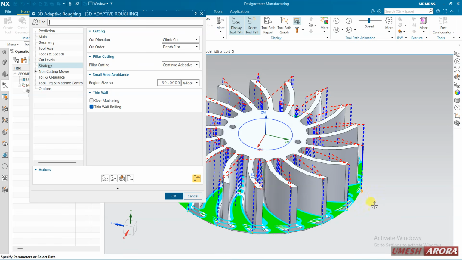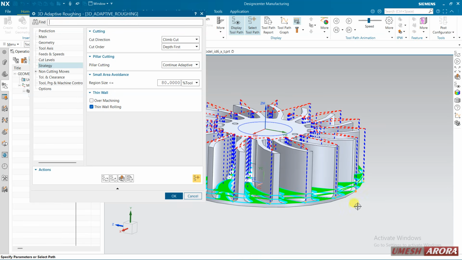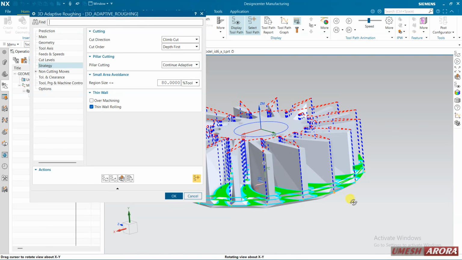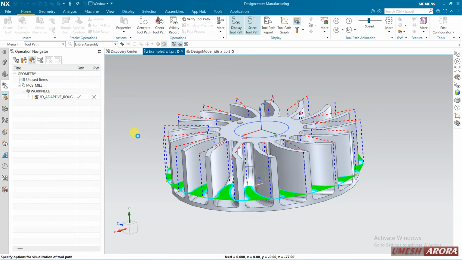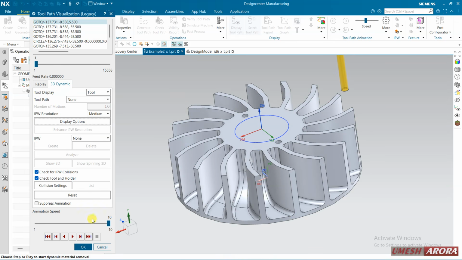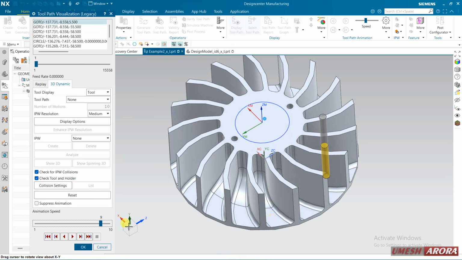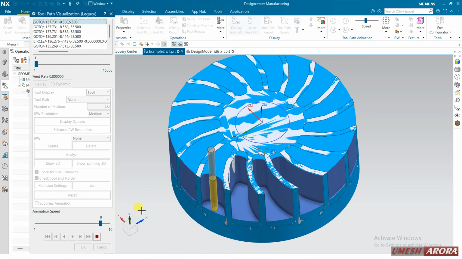So this, the first cut, second cut, and the third cut, and verify. Switch to 3D dynamic. Let us see what is happening here. 90% of flute length is being used.